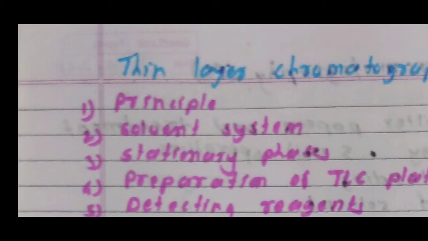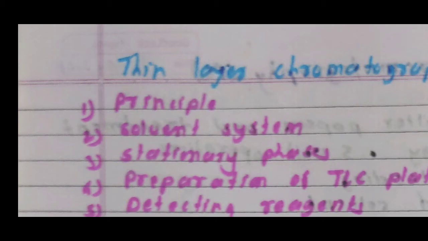In this way, more than five to six adsorbents and solvent systems are used. With solvents such as petroleum ether with propanol, or petroleum ether with diethyl ether, using TLC we can separate monosaccharides, disaccharides, neutral lipids, cholesterol, carotenoids, alkaloids, vitamins, etc. For different compounds the spraying reagent is different. Then after the solvent system, the next point is the stationary phase.